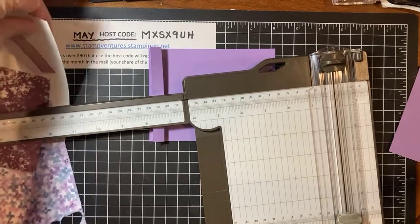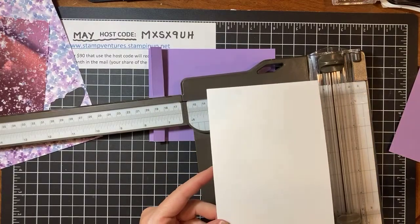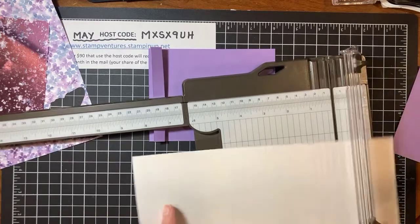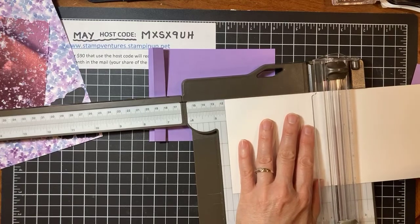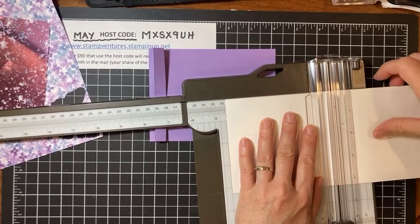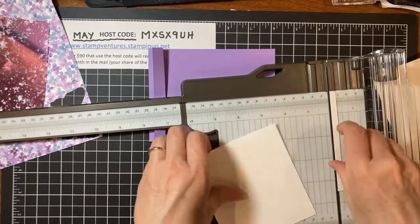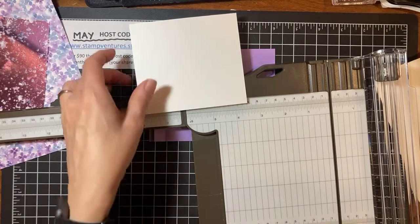I should just keep cutting, and then I can get it out of the way. So I'm going to cut the piece of white at 4 1/2 by 4. I'm going to be using that for the inside of my card. That's just the regular Whisper White. It's not the